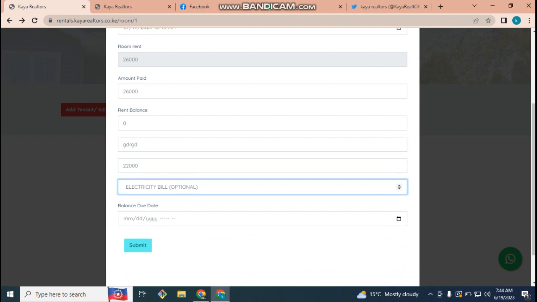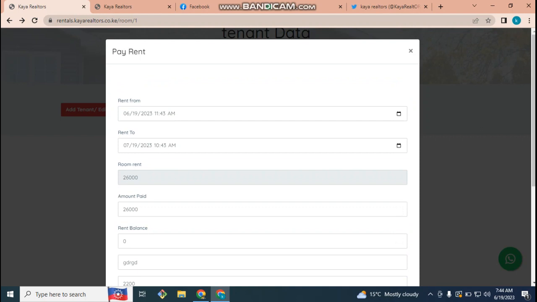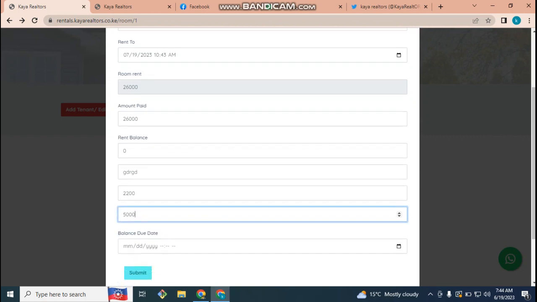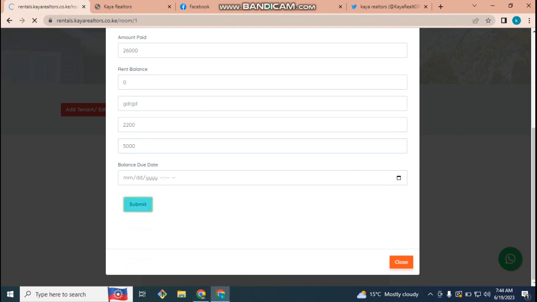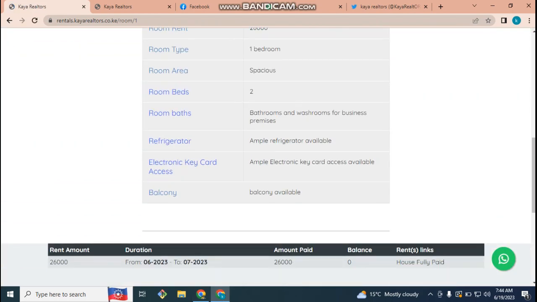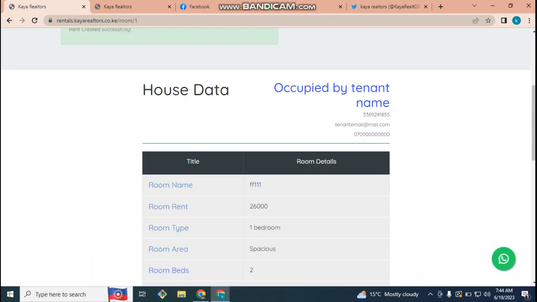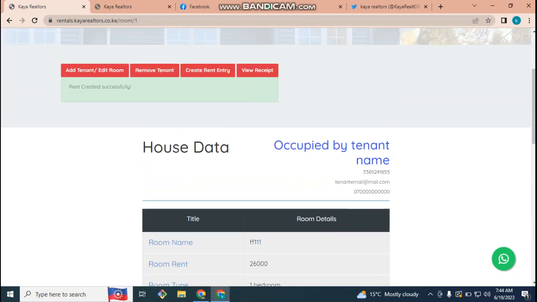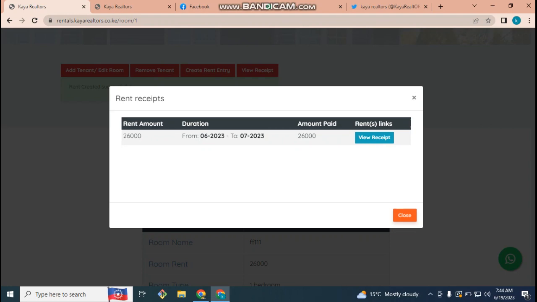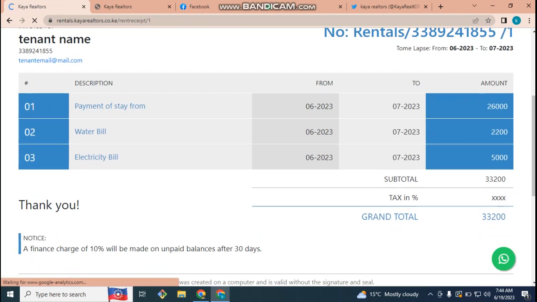You also, if the electricity bill was supposed to be paid, then you can add the electricity bill. So there is no balance due date, for the fact that the client has paid their total original fee, so we can submit. And it's good because there is no balance. The rent house is fully paid, and we can also view the receipts. So there is a receipt, you can also view it, and so there it is. So there is the water bill, the electricity bill, and the payment